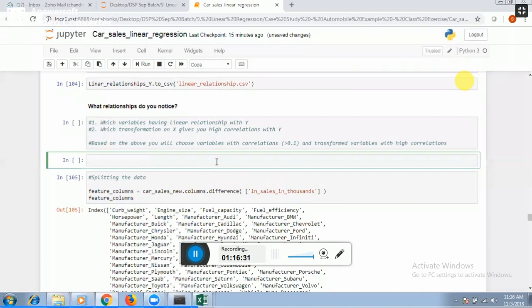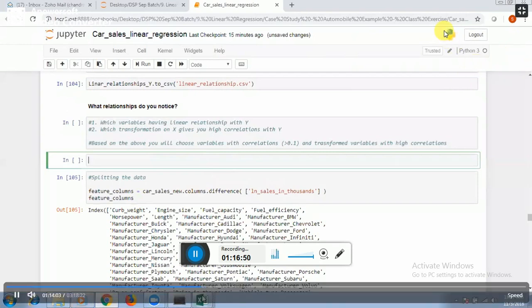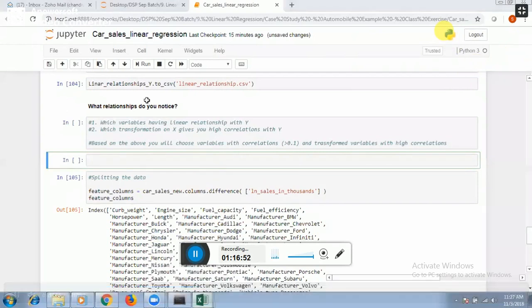That is the first thing. And second thing, with your exponential, what you need to do is drop the x variable and just create an exponential of that variable. A simple example is, in our case, if you look at this one,